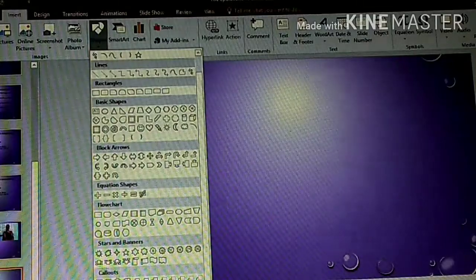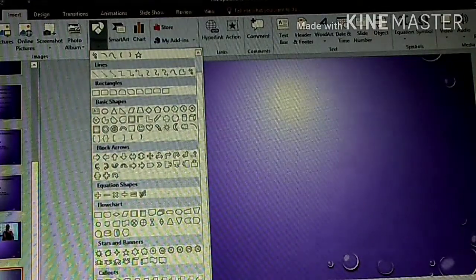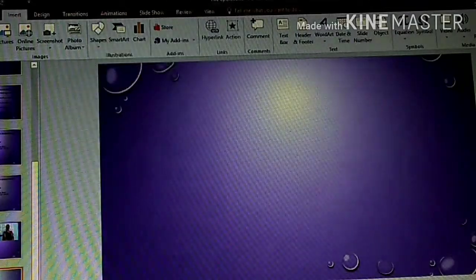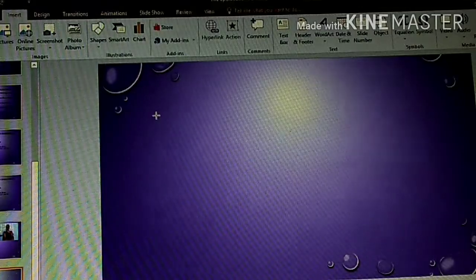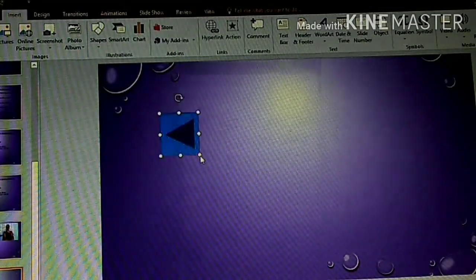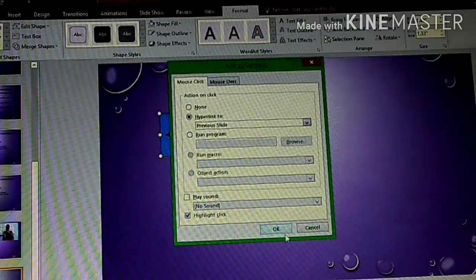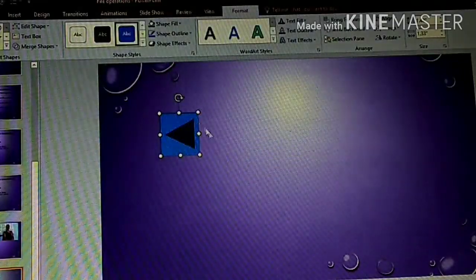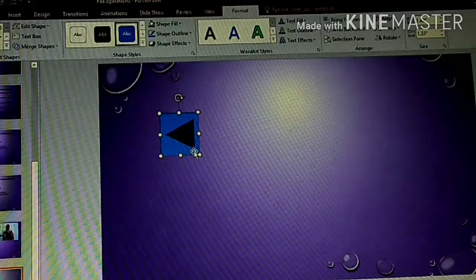You can see here these are the action buttons. So I can select the action buttons from here. Suppose I want to select this action button, it will change into the plus sign and I will press it here. So like this I can insert the action button in my slide.